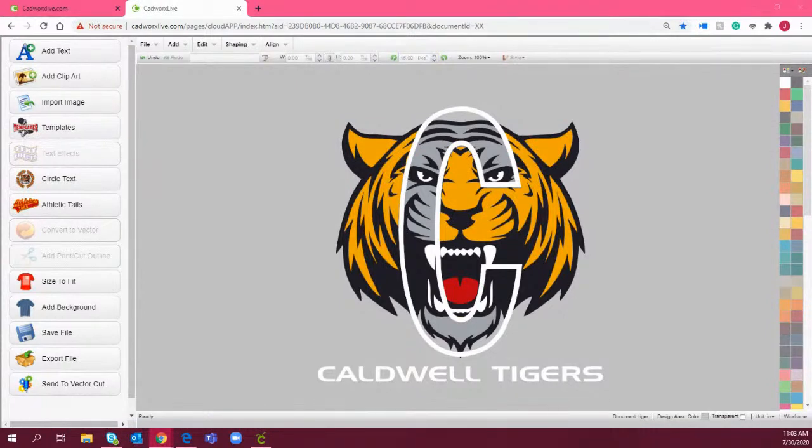But if you are going to be working with a large job that wants a design with a lot of colors in it, such as this, then you're going to want to make sure you are using a print cut system or something that can print full color and allow you to heat apply it onto the fabric. What I recommend is if you're doing like 1, 2, or 3 colors, heat transfer vinyl works just fine. Or if you're doing a larger job that has this many colors in it, or maybe you're getting gradients in your artwork, then definitely consider outsourcing a print cut job where it's printed heat transfer vinyl that all you have